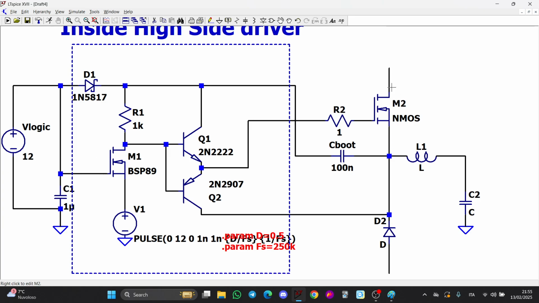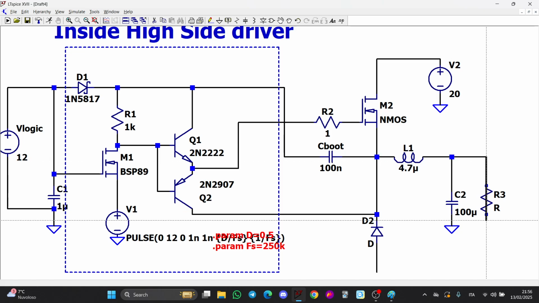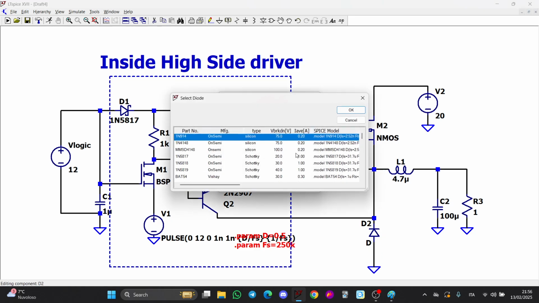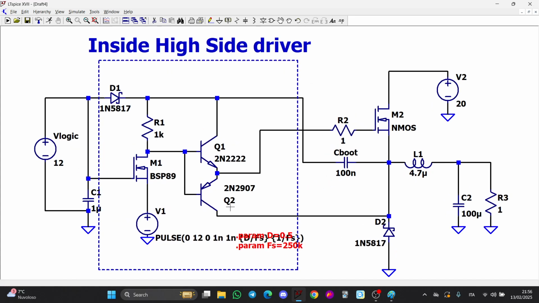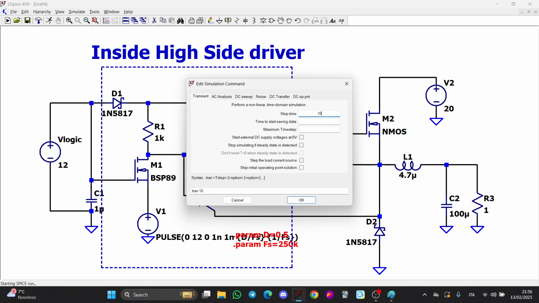Oops, I forgot. Okay, let's make the input here. Classical buck converter with 12 volts, 4.7 micro, 100 micro, and let's put a load of 1 ohm. Let's put the Schottky here. Okay, I think that everything is fine, and we can run the simulation